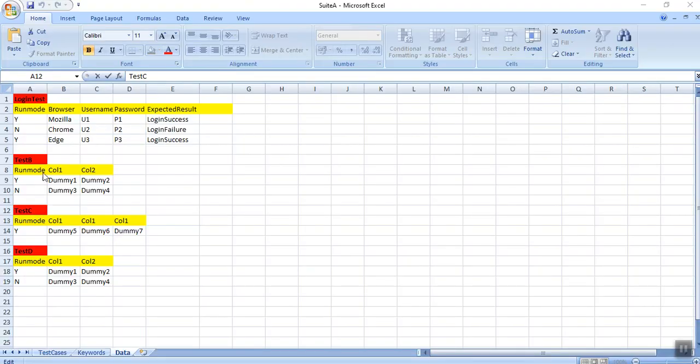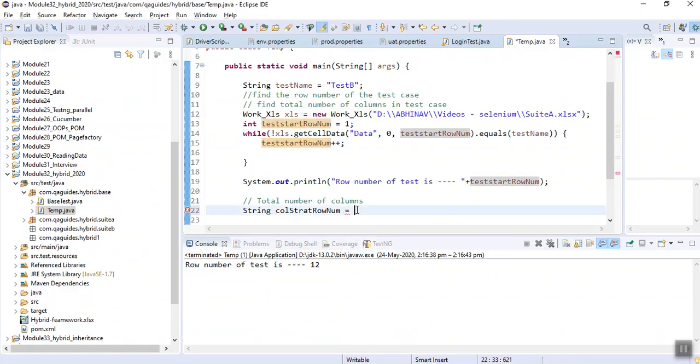If you go here, what you see is that the column is starting plus 1 and the data is starting from plus 2. So my column will start from where our test is starting plus 1.